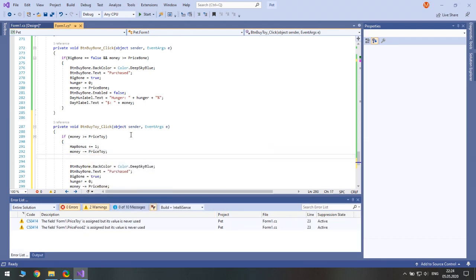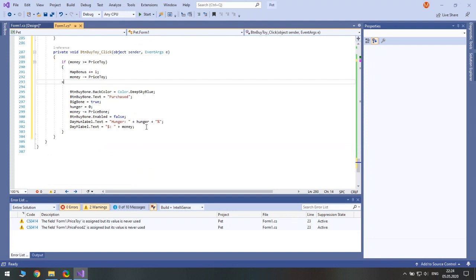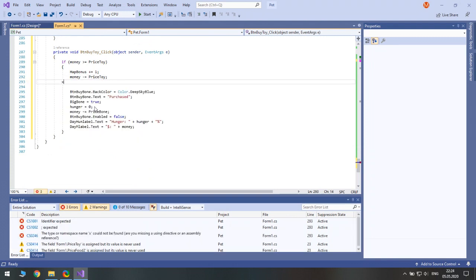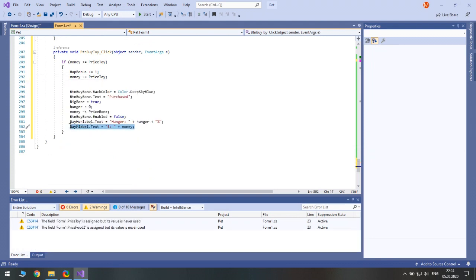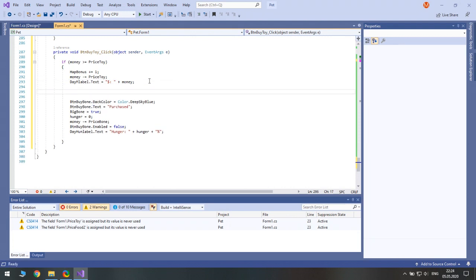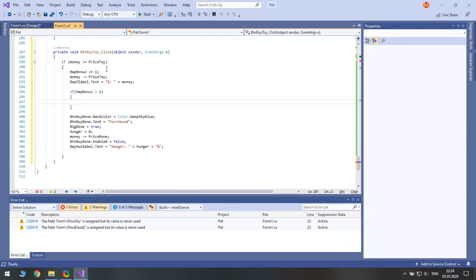We update the money label, and also, well, it should be accumulated but not too much. So if it is already bigger than 2, then we button by,